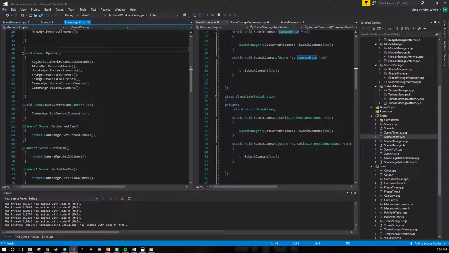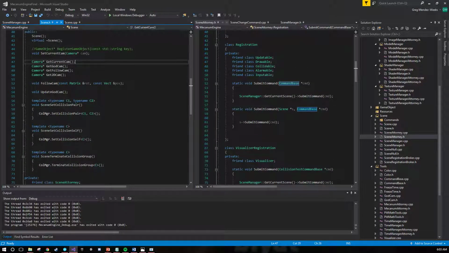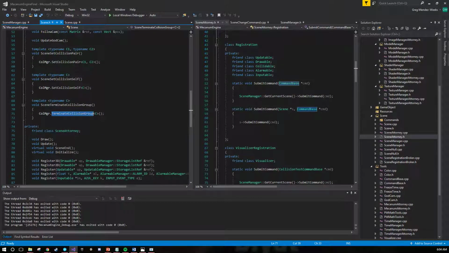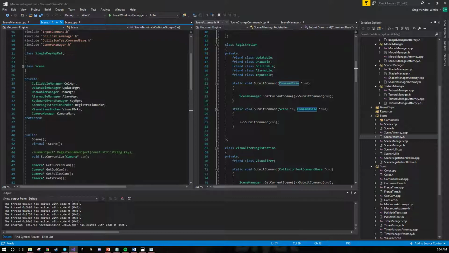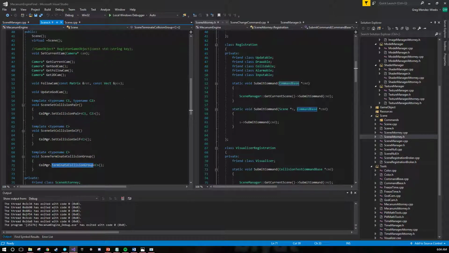So that's required collision tests. Yep. So that's going to be in scene.h, set collision test pair, and then I have a terminate collision group to actually clean up the collision group from the collidable manager, so I'm not leaking memory there. So that's 3 different commands here. Okay, cool. I think that does it for this scene. So the next video is going to be updating